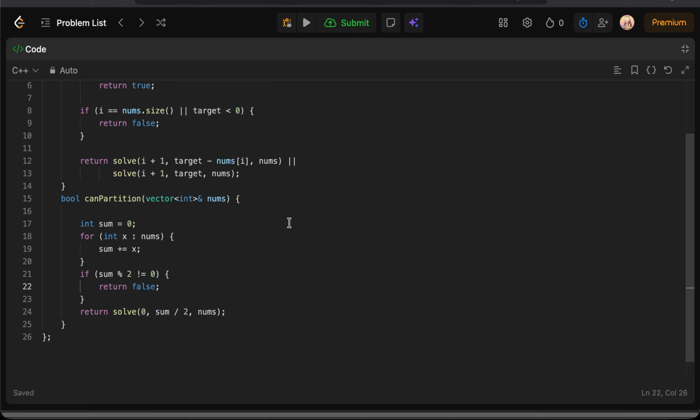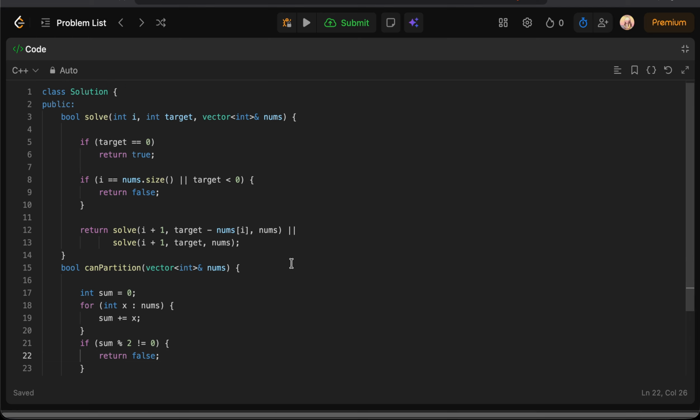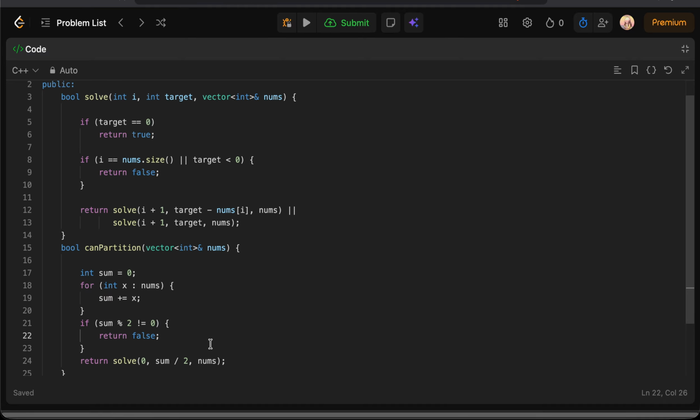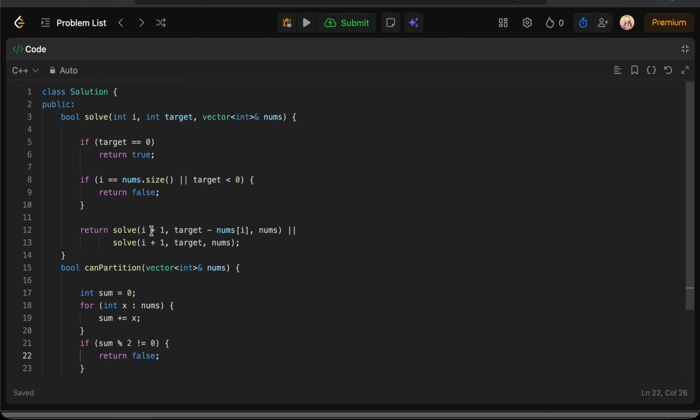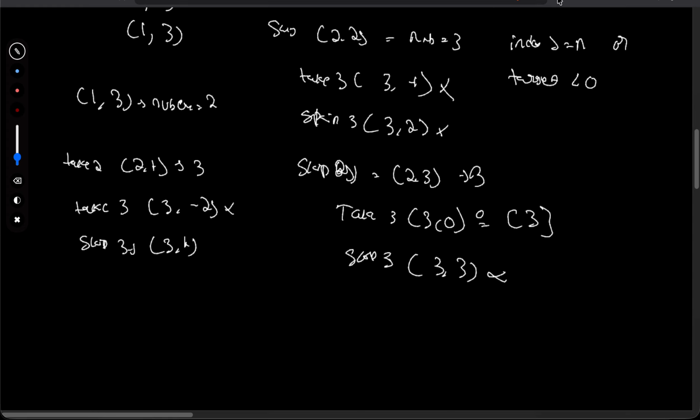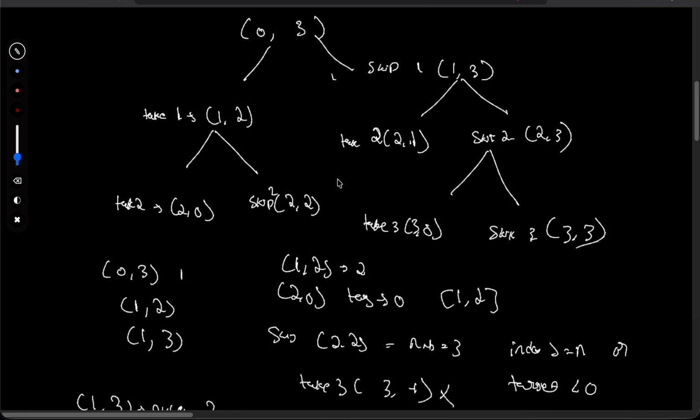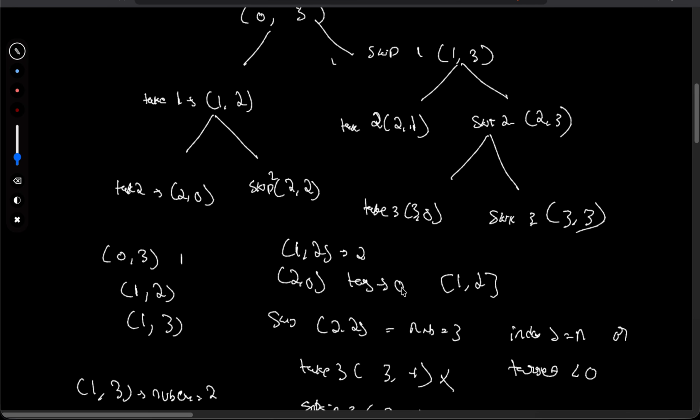So it's run. We use solve of I and target, which means we are at index I and we still need the target sum. At every number we have to choose take or skip. In the recursion tree some states repeat again and again, like 2, 0.